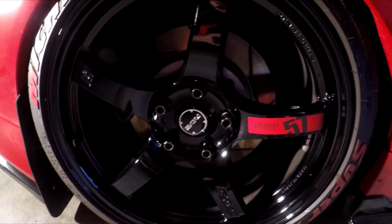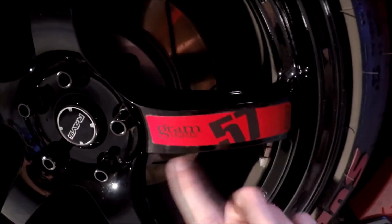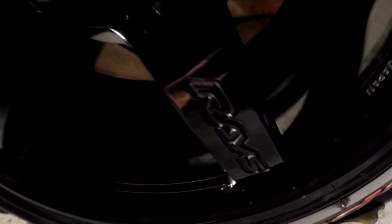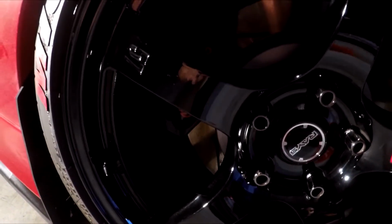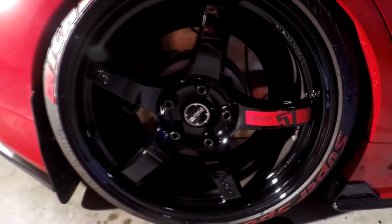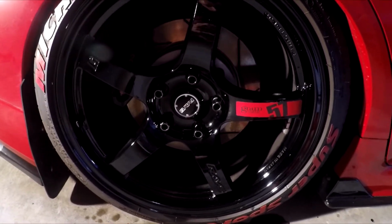But overall I kind of like the look of the spoke having just the labeling of what the actual wheel is. These are pretty cool indentions on here, but they don't stand out too much, so I wanted something that kind of pops. Overall, this is pretty cool